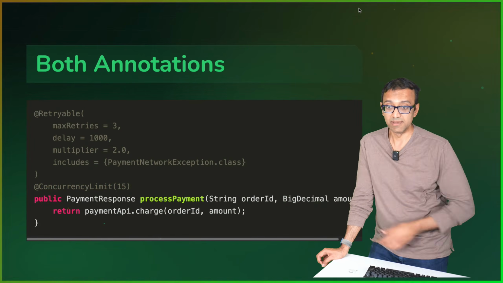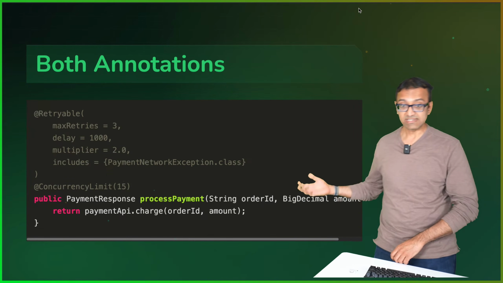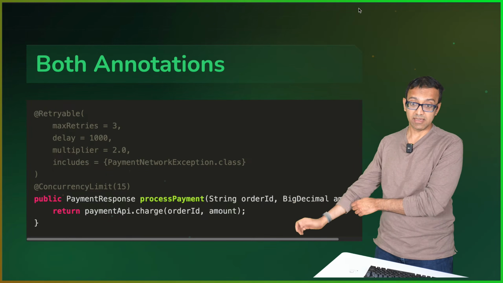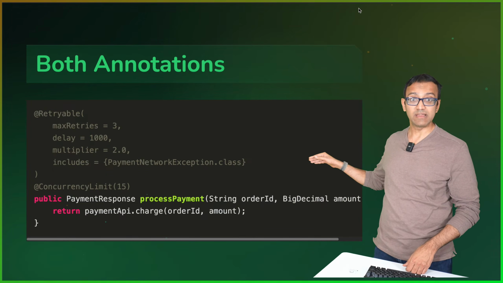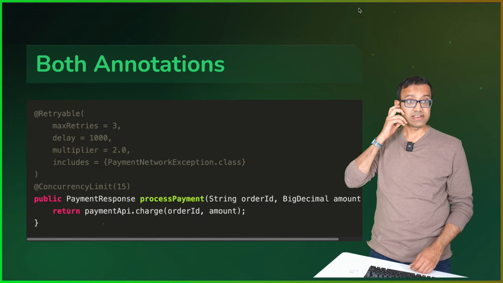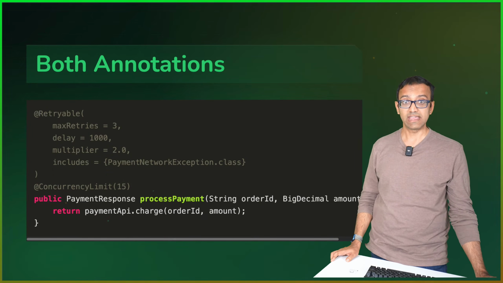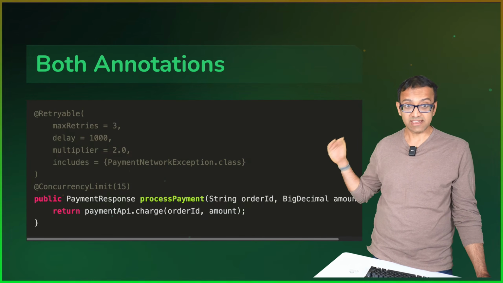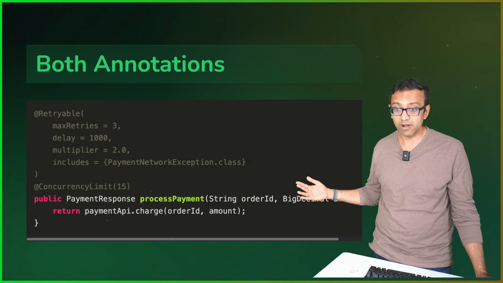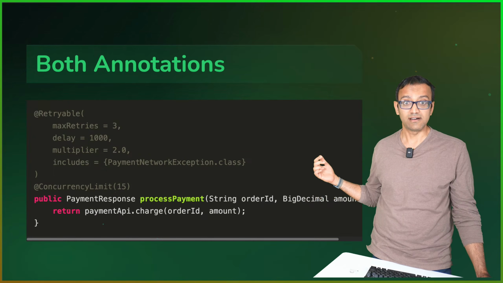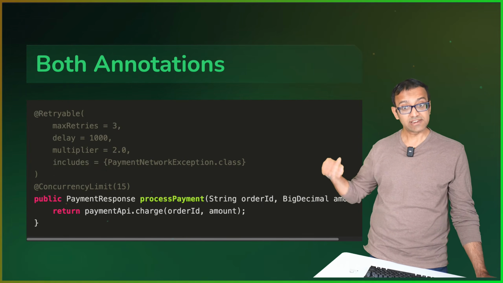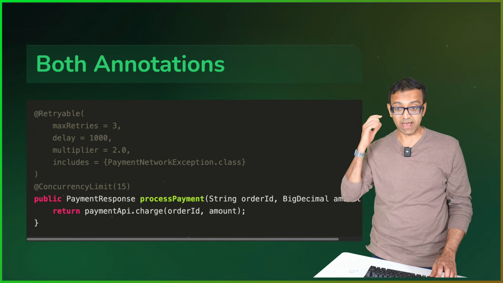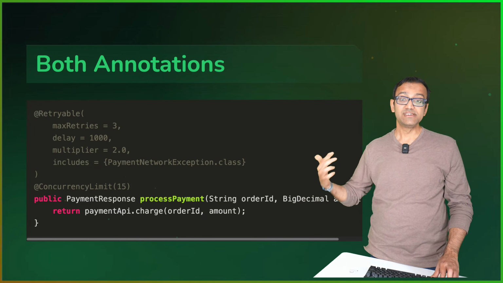So here's an example. Here is a process payment. Let's say this takes a little time to execute, and it's also retriable. So you set a concurrency limit on it, and you make it retriable. So you basically get both, right? It's protected by both patterns. Concurrency limit ensures that no more than 15 here process simultaneously. The retry logic handles transient failure, so you're trying up to 3 times with exponential backoffs, and the retry honors